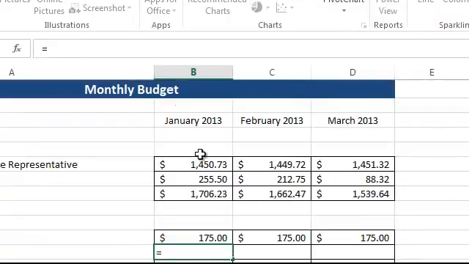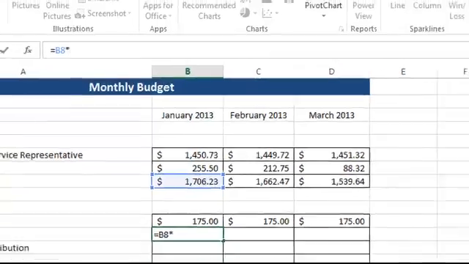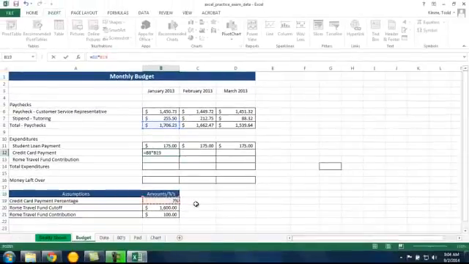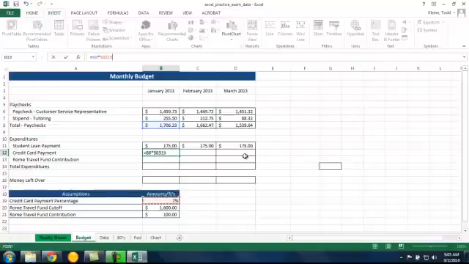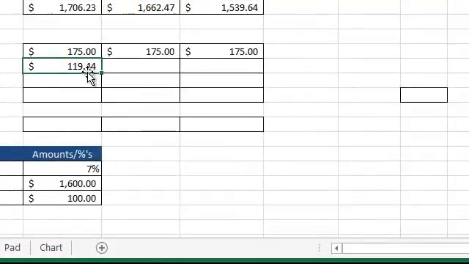Begin all equations with an equal sign. So we will then click in cell B8, which is our total for January, hit our asterisk key to signify a multiplication, and then click in cell B19. But remember, because you must carry this formula over into the C column and the D column, this B19 must be an absolute reference, so we'll hit F4. When we hit Enter, we'll notice that we must pay $119.44 for the month of January, which is 7% of our total paychecks collected. If we go back into B12, making it our active cell, and then carrying our fill handles over into the C and D column, you will notice that it